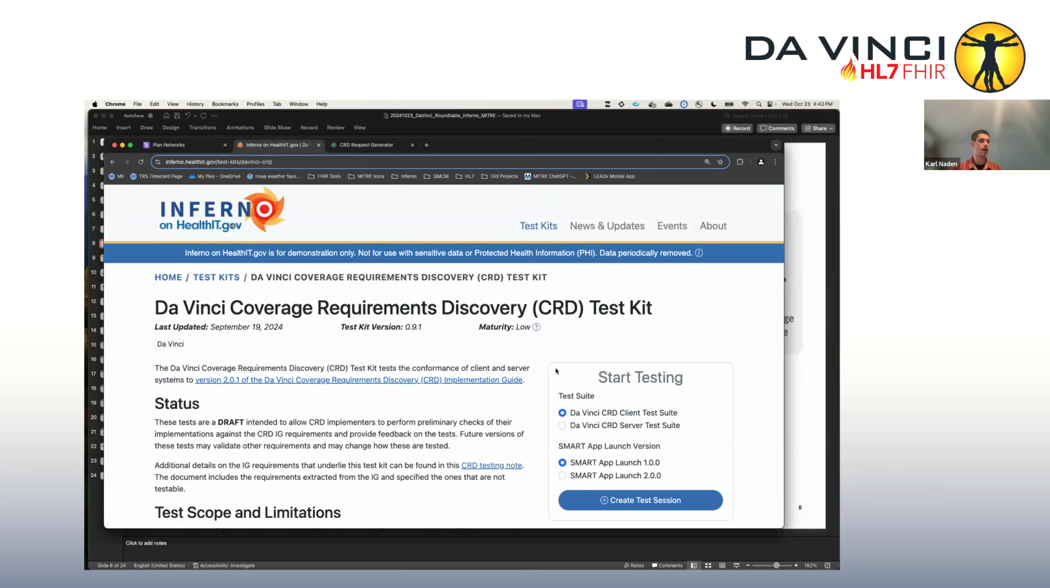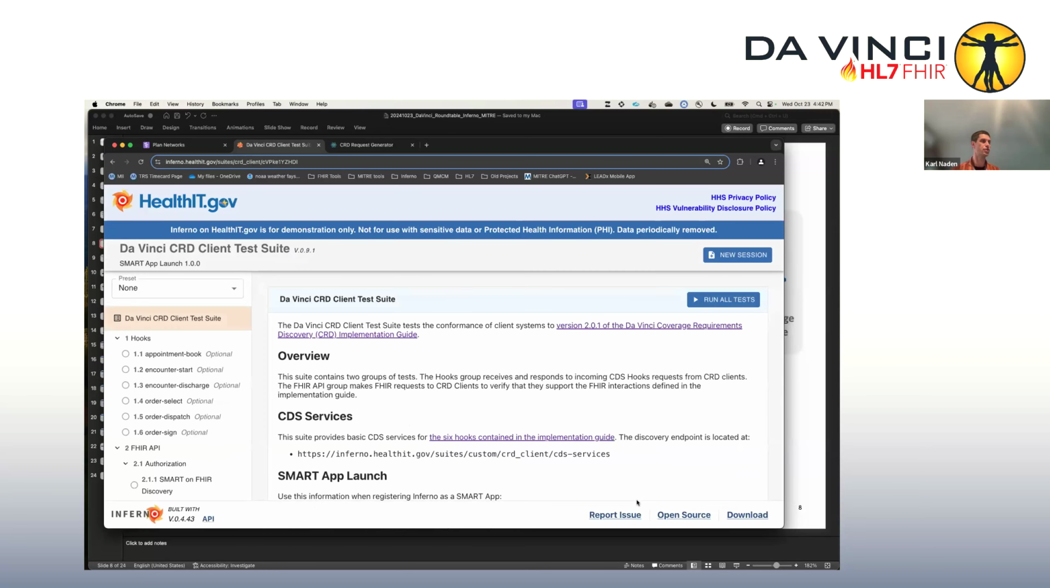And in this case, on the right-hand side here, I actually have multiple options, because unlike PlanNet, where we only have server tests, for CRD we have both client and server tests. And so I'm going to select the client tests, and SMART version is something you can change, but we're going to use 1.0 here. So we'll start a test session,